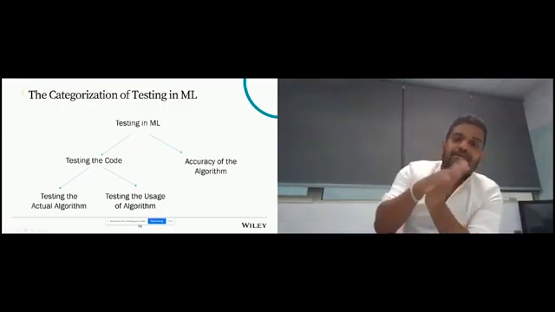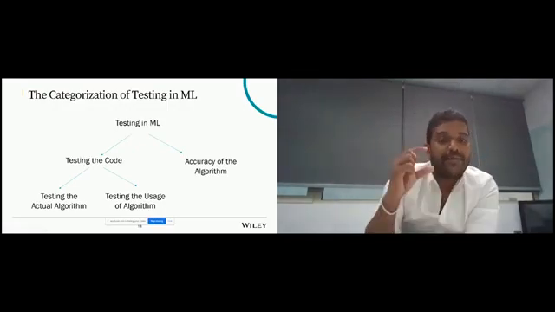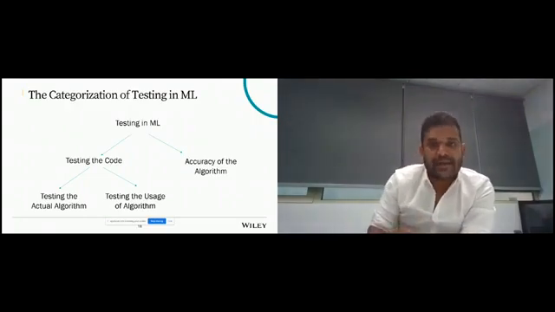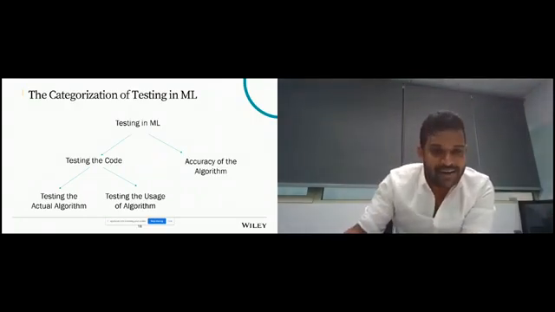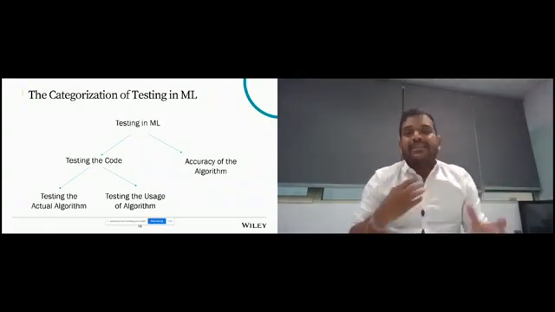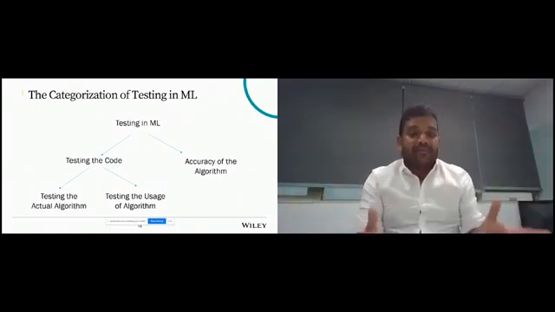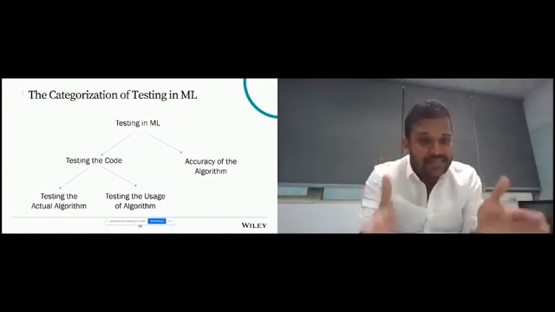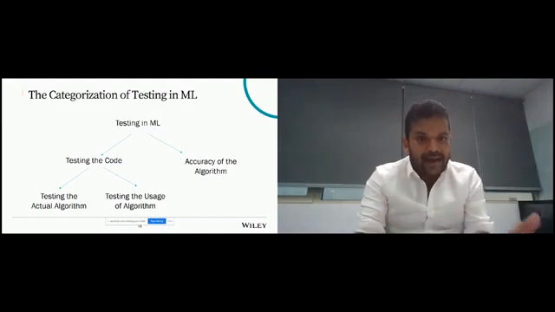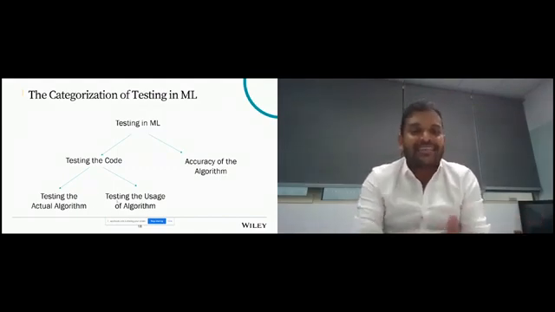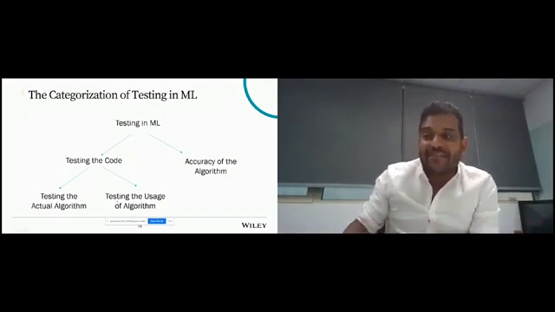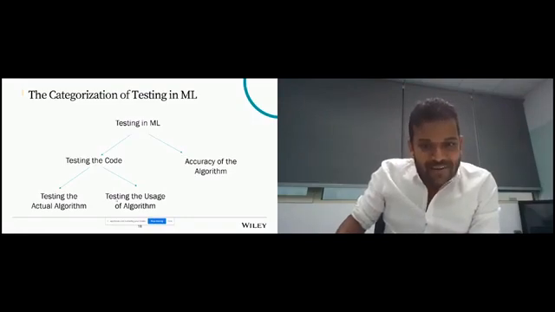So the decision tree or random forest at the end would be a library, a set of code. Someone would write this code. So as quality engineers, there is a lot of avenue, a lot of potential for you to test the actual code itself. And the other part is testing the usage of the algorithm, which we will have a demo